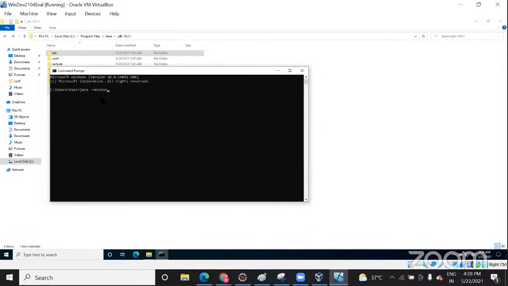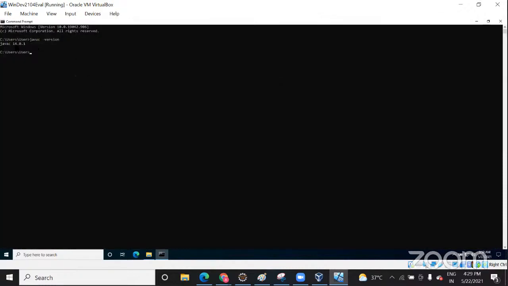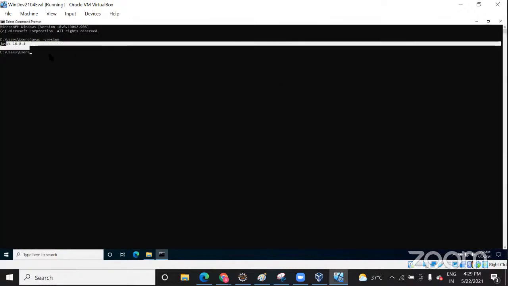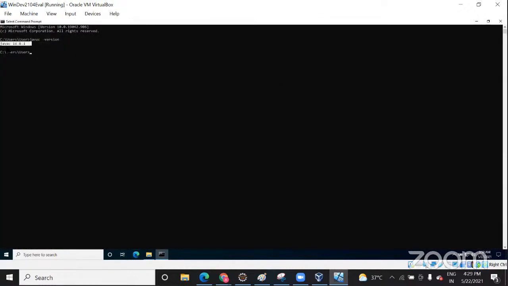Just 1 minute, I think my system is slow. I think you have HDD, hard drive. Do you use a hard drive or SSD? It's HDD only. It's a system laptop, so it's a little slow. Mine is SSD. So you can see here it is giving the Java version, right? It means it is showing that the Java version is right. Now type javac version.